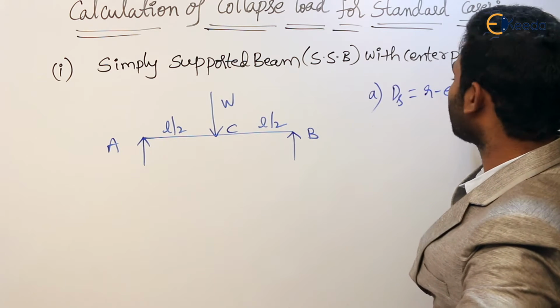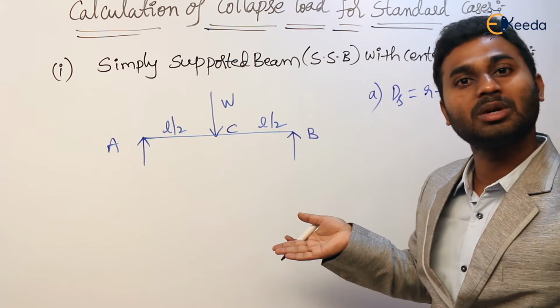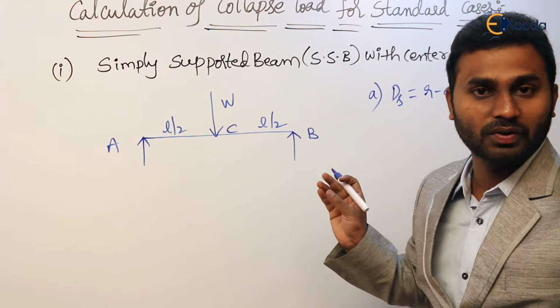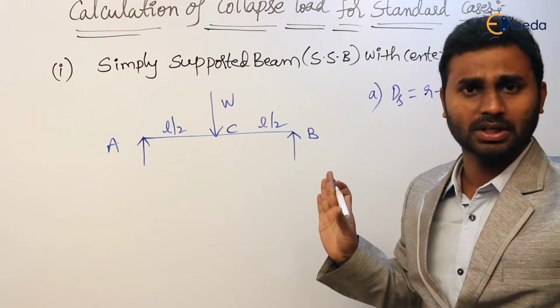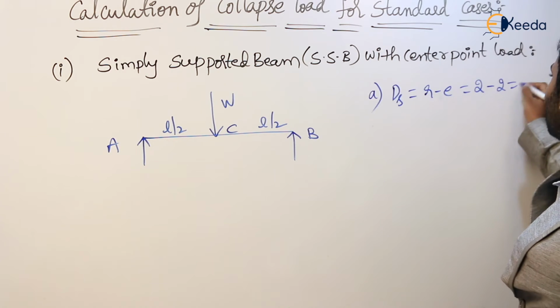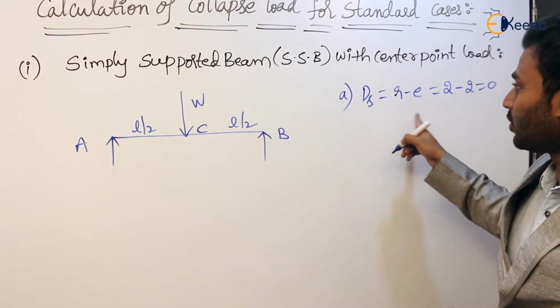The equations of equilibrium to be considered are only sigma y equal to 0 and sigma m equal to 0. No need to consider sigma x equal to 0, as there is no horizontal load and so no horizontal reaction. So DS is 2 minus 2, which is 0... no, DS is 1 less than that of the available equations, so DS is 0. That is the first step: finding out DS.